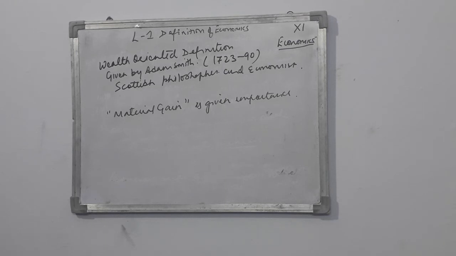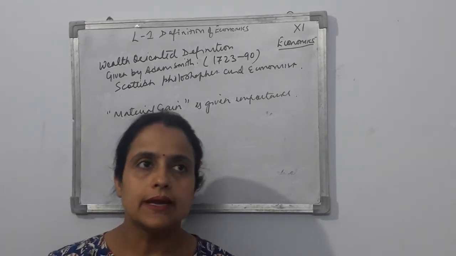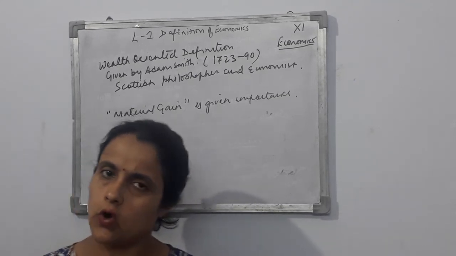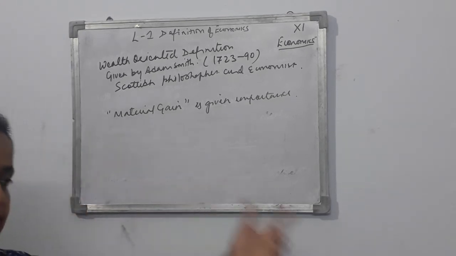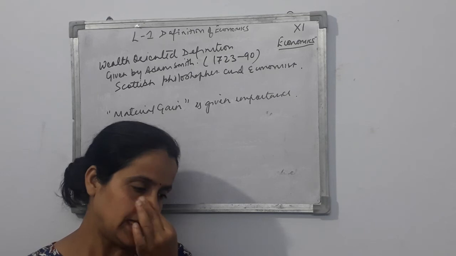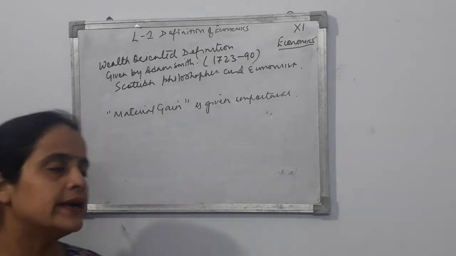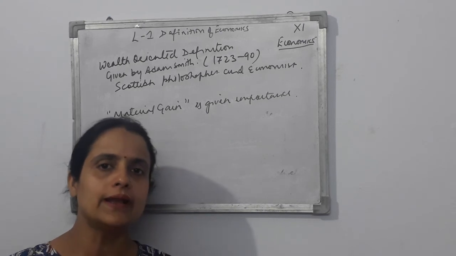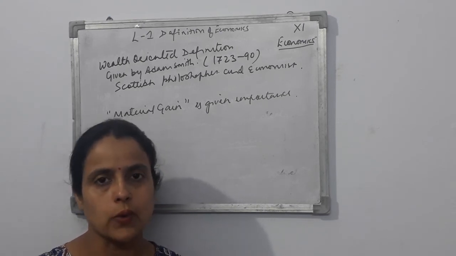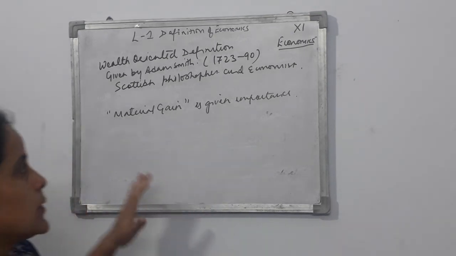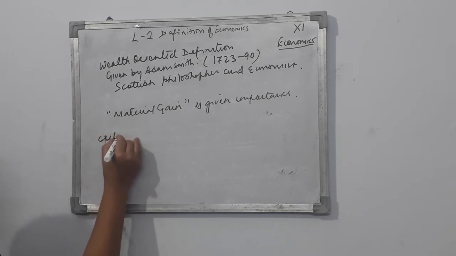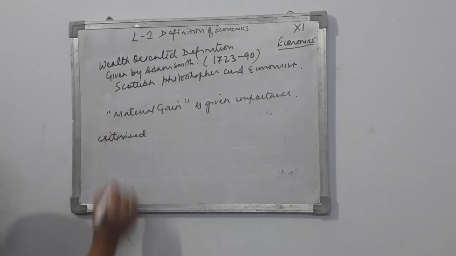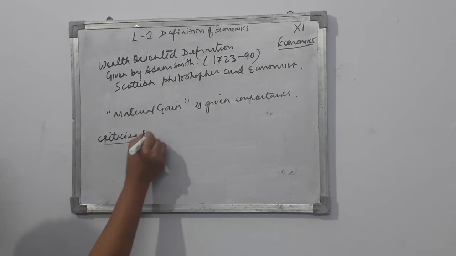Now what happened was this. Initially the Adam Smith definition was followed. The people believed that the definition given by Adam Smith was correct, but after some time, when the new economists came, like Alfred Marshall, they started criticizing the definition. They said that it is a definition which is very, very narrow and it only deals with wealth. Why not talk about other things also? Why talk about wealth only in economics? So the definition was badly criticized by many economists. Alfred Marshall was one of them.